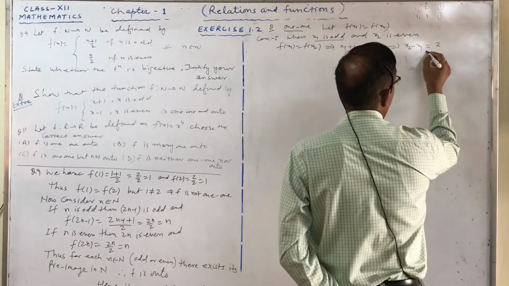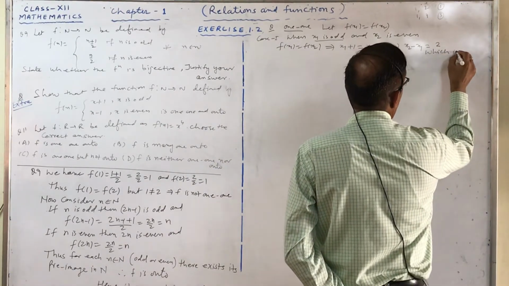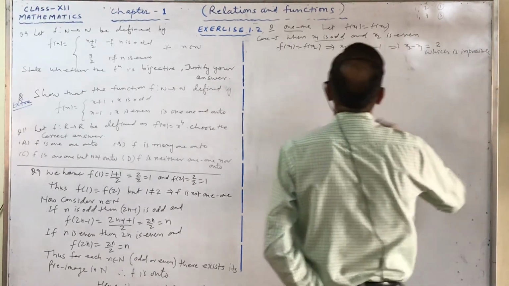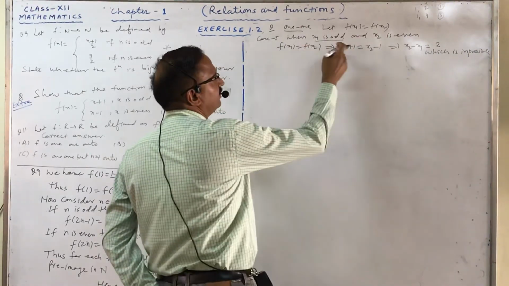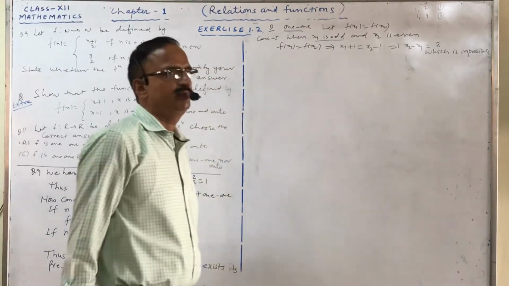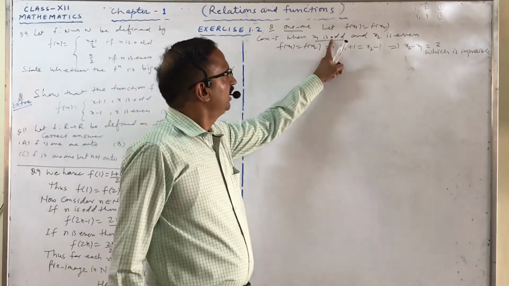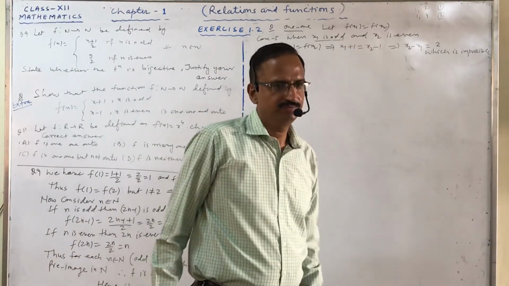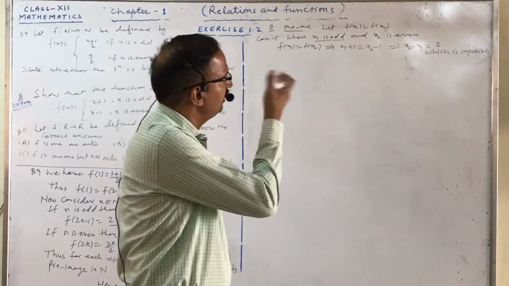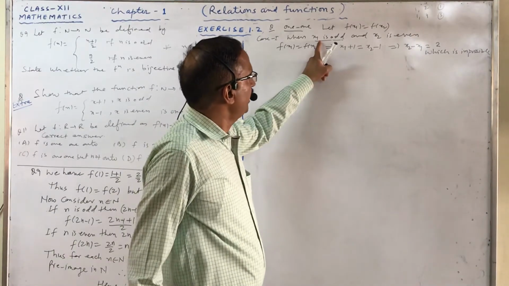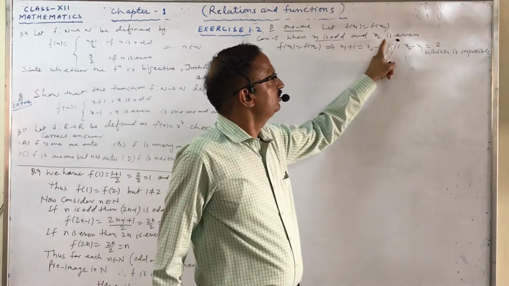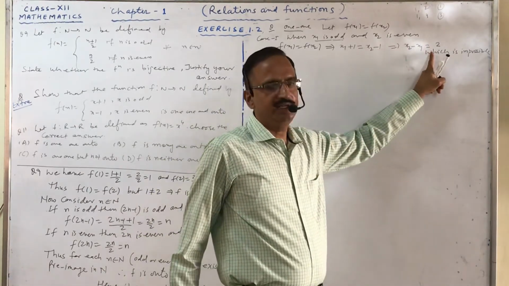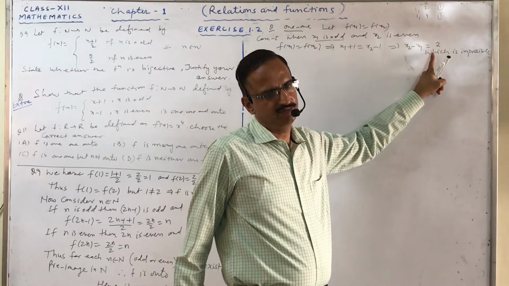So we can write which is impossible. When this is impossible, it means this case is also impossible. It means x1 is odd and x2 is even is not possible. If we interchange the cases, means x1 is even and x2 is odd, again we get the same condition, means not possible.